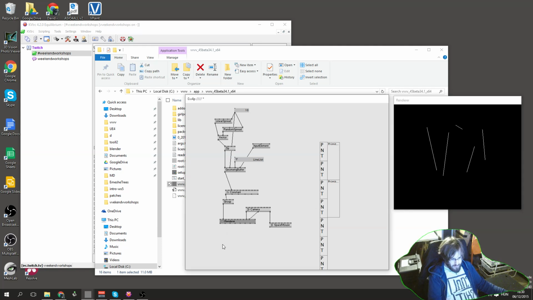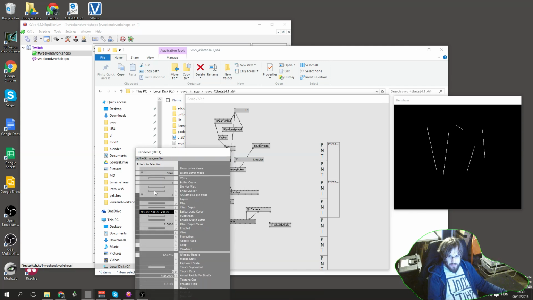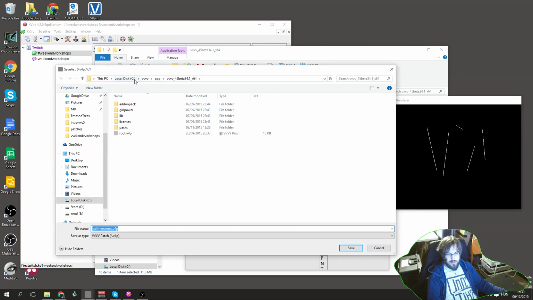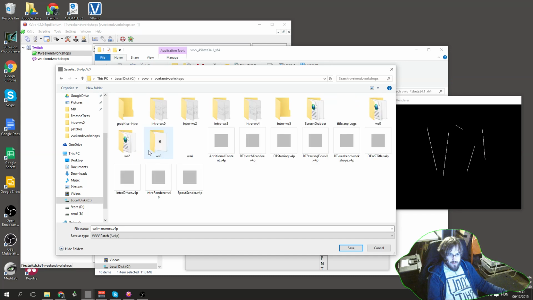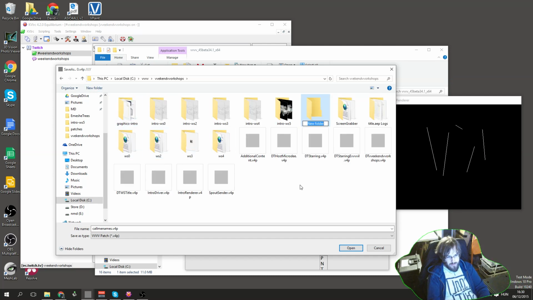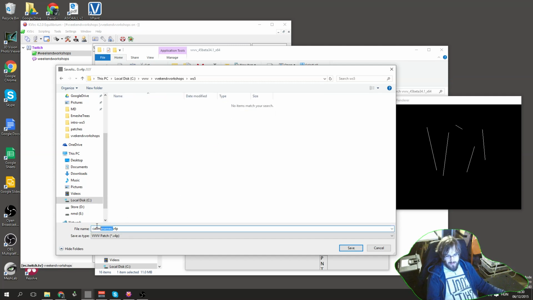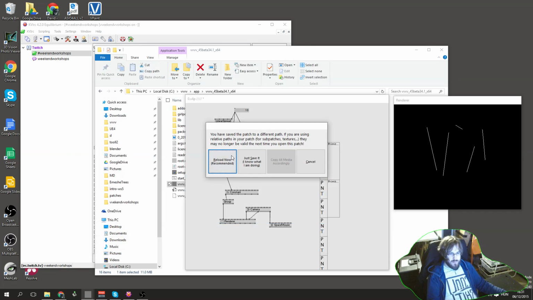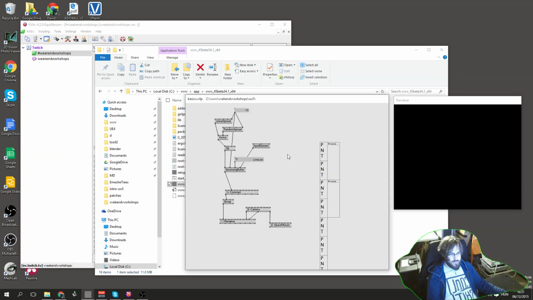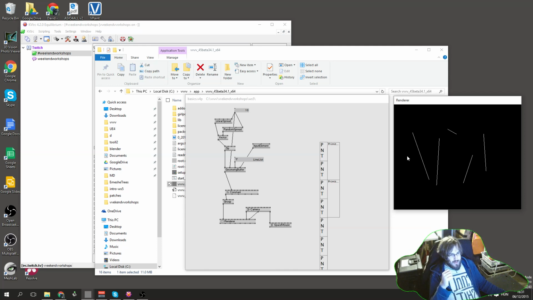Now, okay, let me turn on the mouse on the renderer and save this into a folder, which will be uploaded, just in case. There you go. So, as you can see,